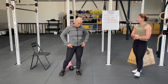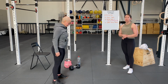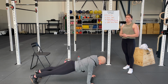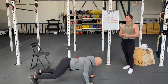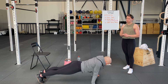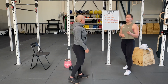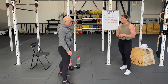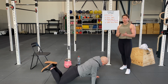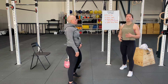Lastly, we have the double push-up burpees then. And in those double push-up burpees, you jump down into a plank, then you make first 1 push-up. After that, bring your chest down to the floor and finish your burpee. 1 more time, into the plank, 1 tight push-up, onto the floor, and you finish your burpee. The knee variation for this would be to jump into plank, then bring your knees down, do 1 knee push-up, and then finish your burpee. And this movement, we're going to perform for 12 reps in